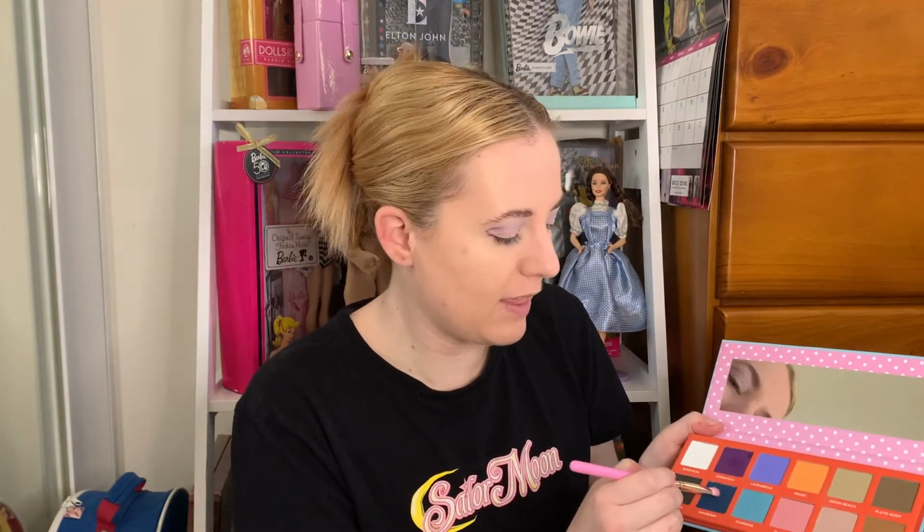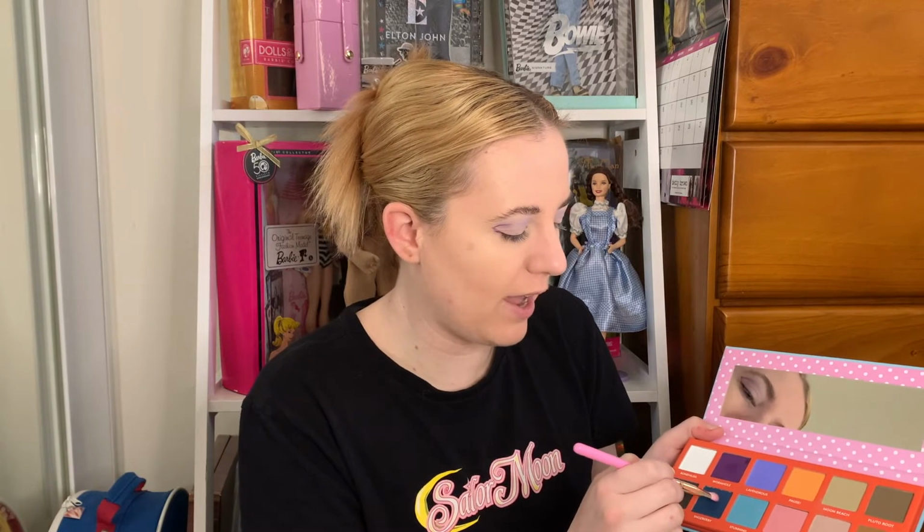So tap into Snozberry here, this dark shade. And then what I'm going to do is fill in that little outline I've created and then just use it on the outside and then smoke it into a lighter colour. So you just fill in like this. So that way you can still see the purple, but you also get this gradient of colour,